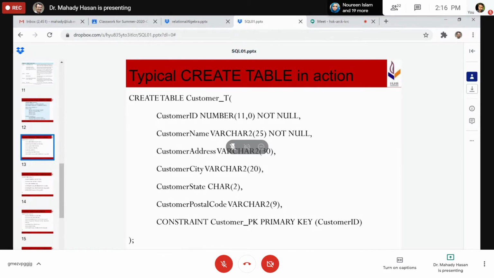Okay, so basically it is a float number. So 11 characters and after the decimal there is nothing. Number is not an integer, right? Number means it is a float. So that's why they have said there would be 11 digits, but there is nothing, no place should be kept after the decimal for the float. That's why comma 0. If it would be 2, then basically 2 places after the decimal.